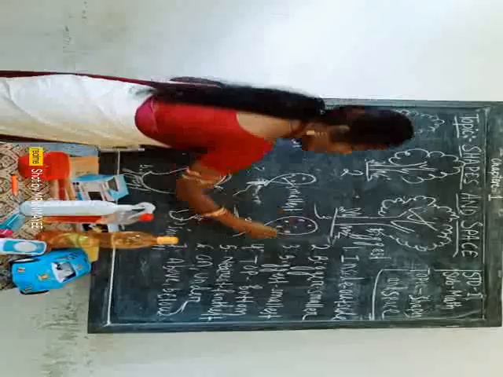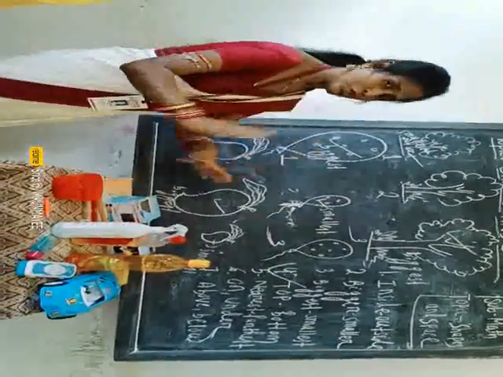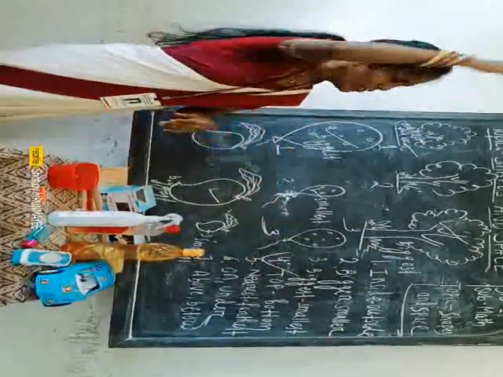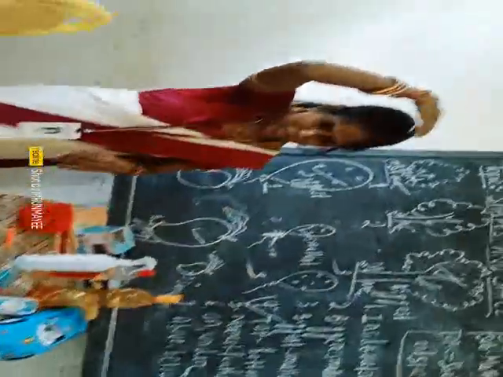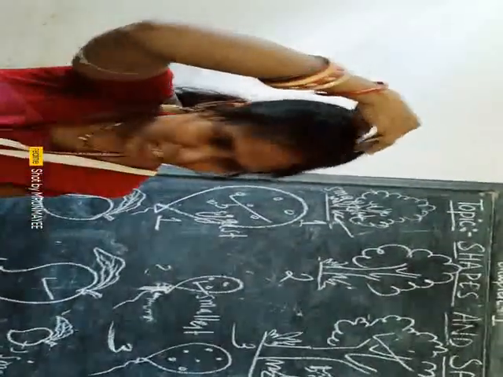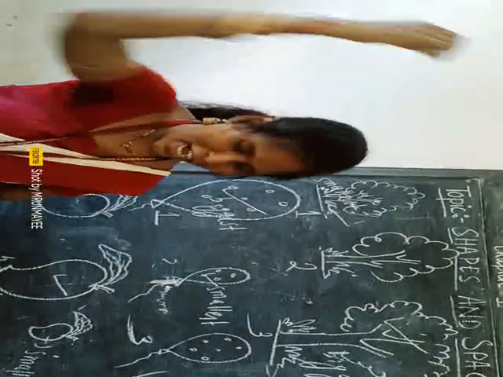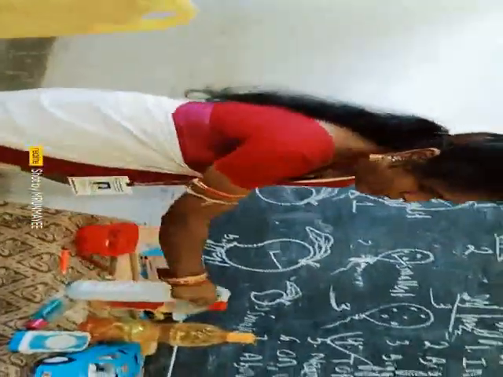Now we will come to point number 4. That is top and bottom. Okay. So now what is top? Top means above, this position. You see, I have kept one chalk on my head. Are you able to see, all of you? Yes. This chalk is in the top position. And you see, my dear, next one is a bottle. Here I will keep it. This one is your bottom position.